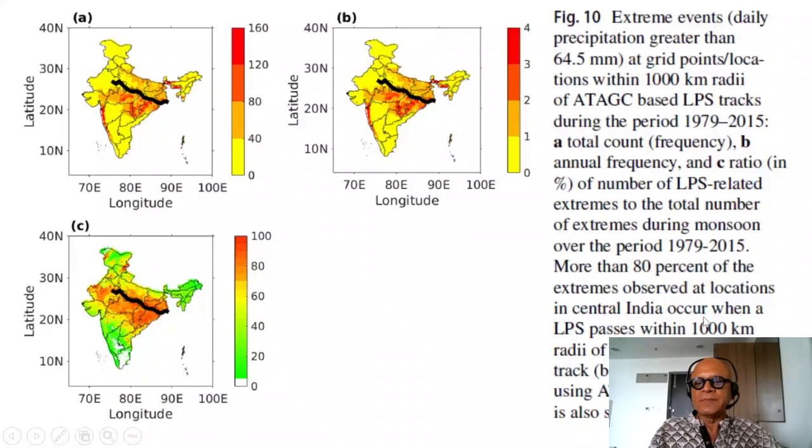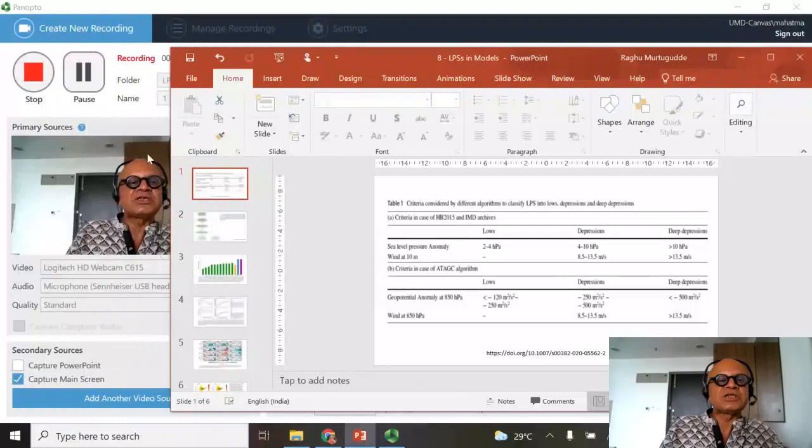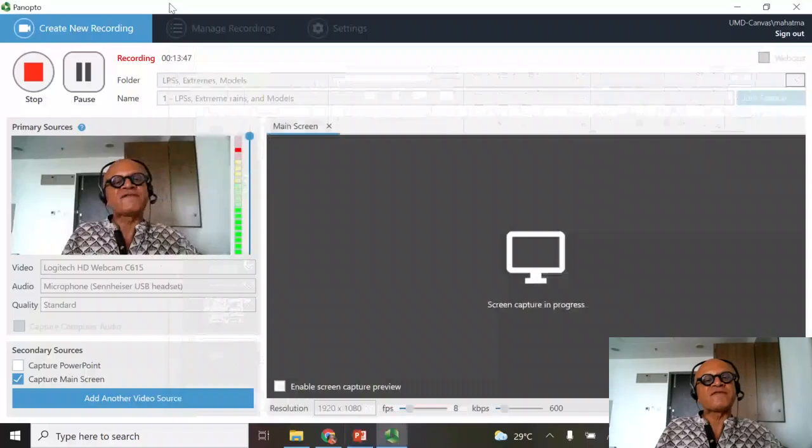So more than 80% of the extremes observed at locations in central India occur when an LPS passes within 1,000-kilometer radius of the locations. Median track obtained with the ATAGC method based on LPS tracks. So this is the median track. Okay, so the point I want to leave is essentially that LPSs are very much a part of the